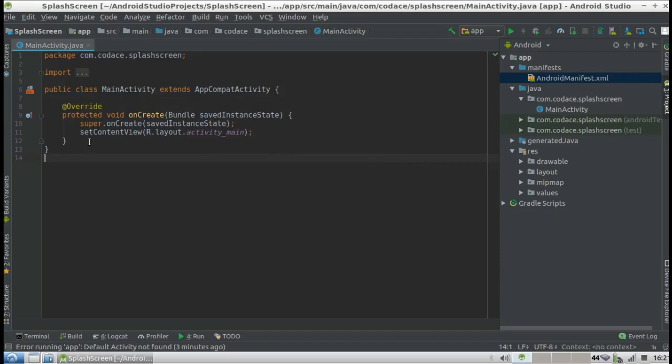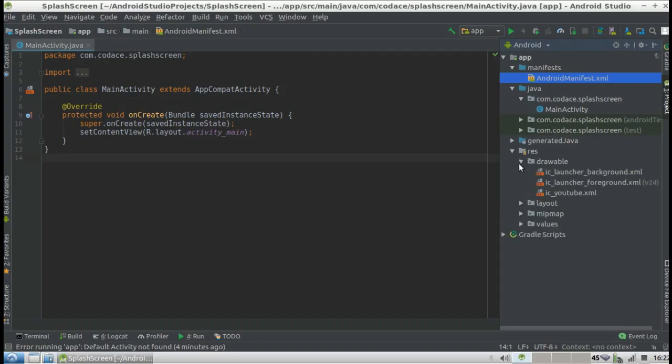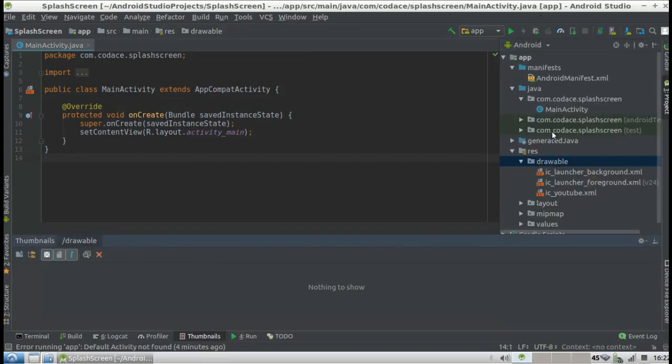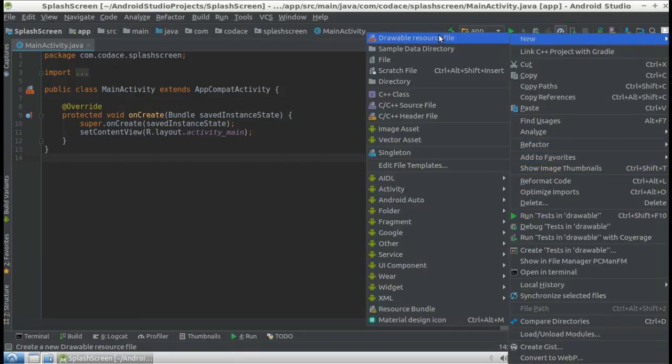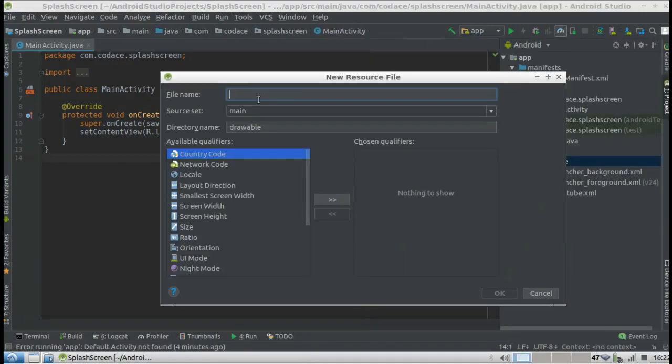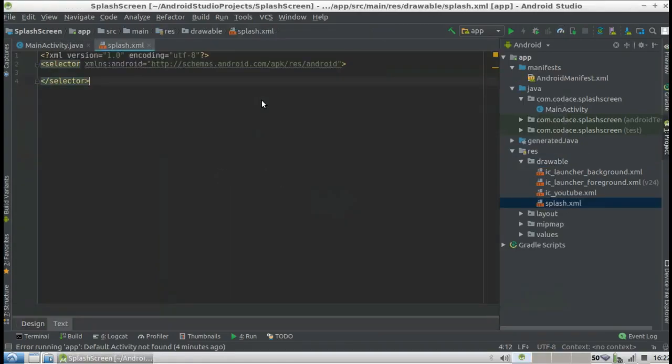So today we will create a splash screen for an Android app, and let's get started. First, we will create a splash.xml here in the drawable. Okay, here, new drawable. Name it splash. Let's change this to layer list,